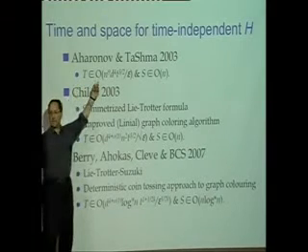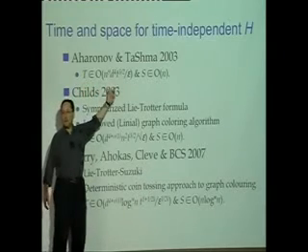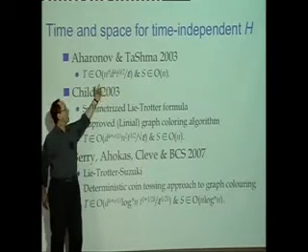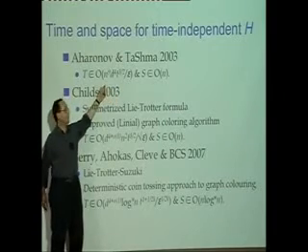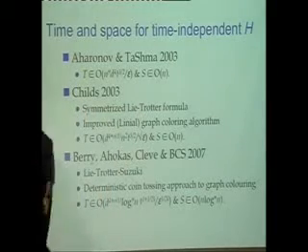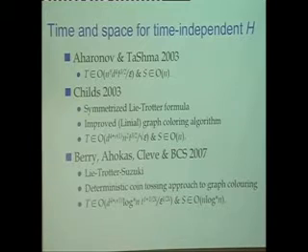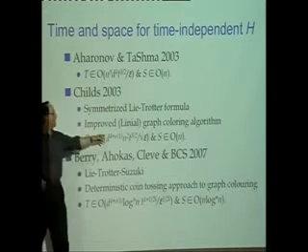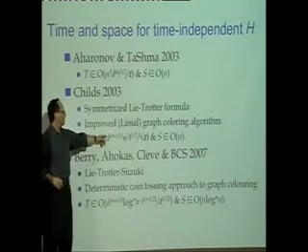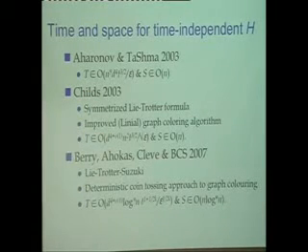So the simulatability algorithm that was developed by Aharonov and Ta-Shma has a time cost, i.e. the number of gates, that scales polynomially, but a very high power of the number of bits, and the space cost is of the order of n. So it means the space cost of the quantum computer is linear in the number of bits of the problem size. Then Andrew Childs, in the same year, in his thesis, brought the cost down from n to the 9 down to n squared roughly, kept the time cost the same,